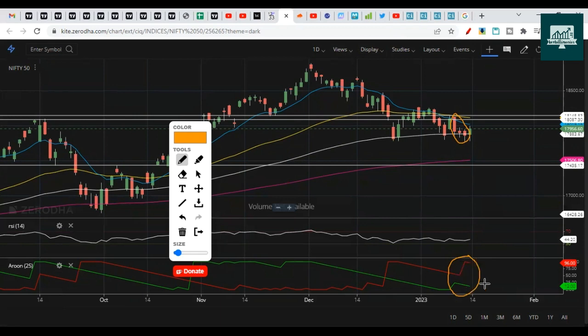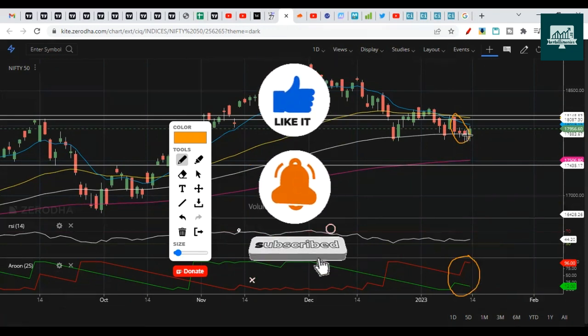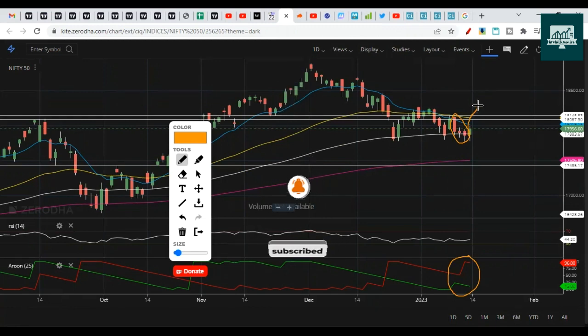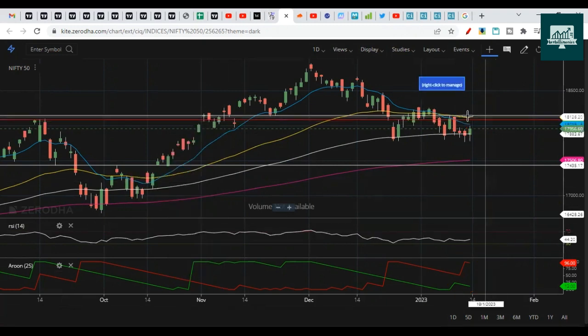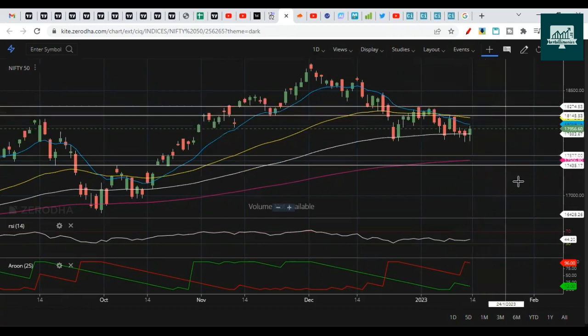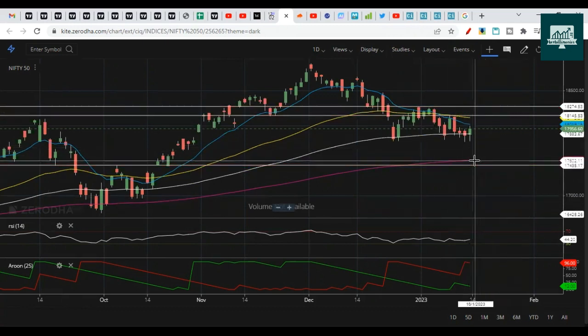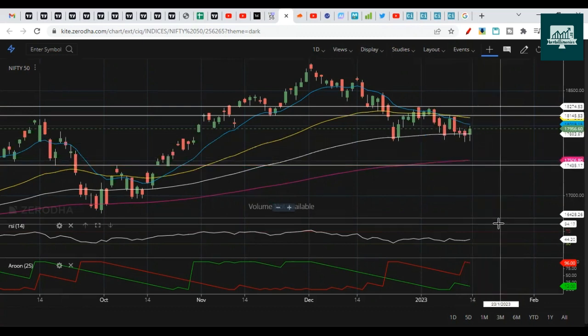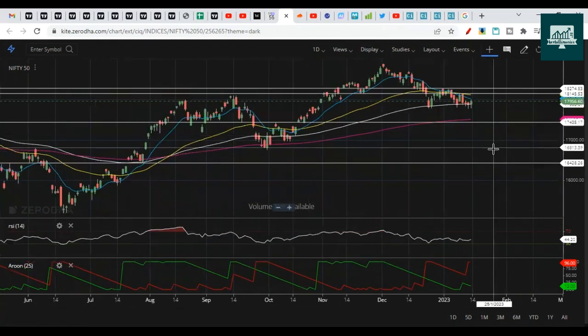So the Aroon red line is above 70, the green line is below 30, which is an extreme bearish signal. So what we can expect here is it can give pullbacks and then the pullbacks will fail and eventually it will drop. So right now the resistance is in this area. I'm going to mark this now. I'll expect it to face resistance first near 18,300 because on the upside it might pull back, the pullback might fail, and then again it can start the dip. So it can eventually reach the 200 EMA, or it can even break that and go bearish downside towards this support, towards 16,700. We already explained that with Elliott Wave and all.